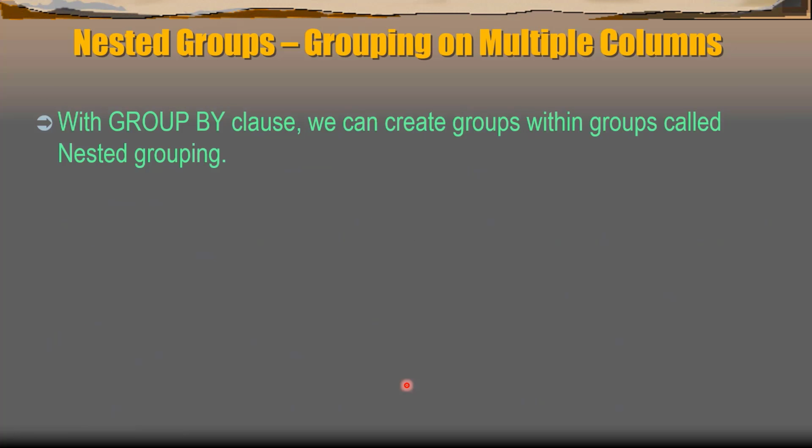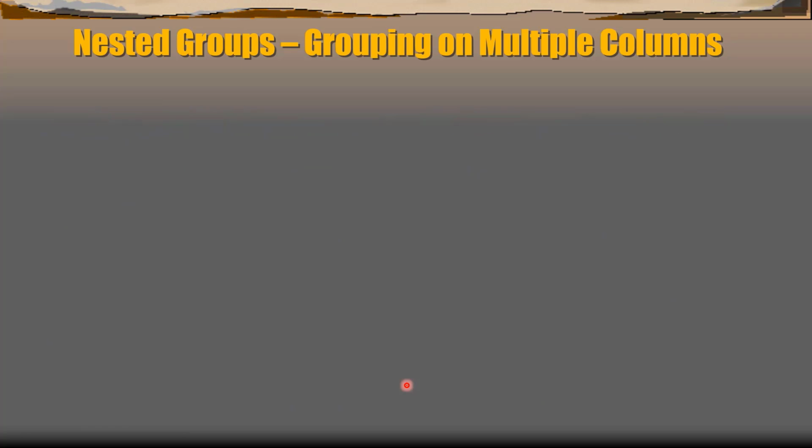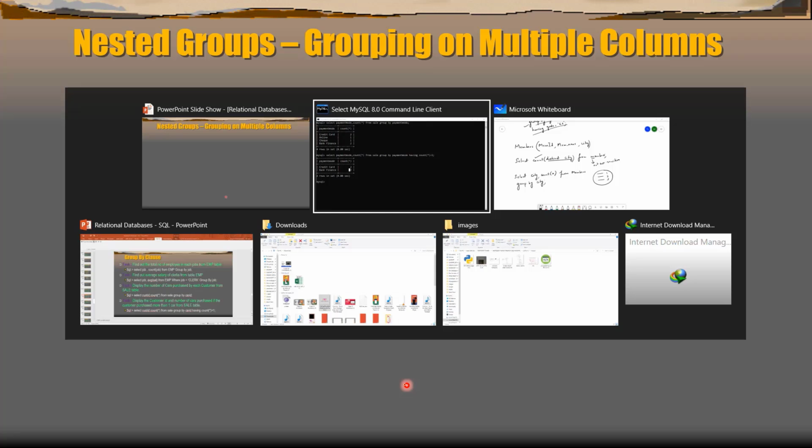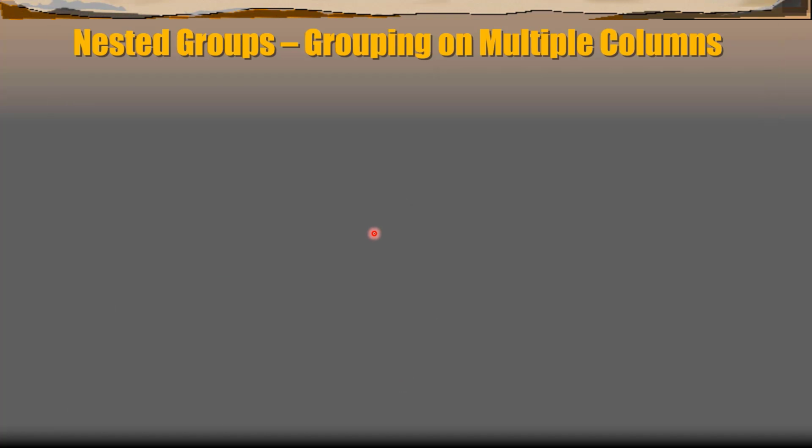Next is nested groups. Now students, we will be studying nested groups in our next class because again this is going to take a while. So I end the class over here, because nested groups will be grouping based on multiple columns, which I discussed some time ago, and we will be seeing it in the next class.